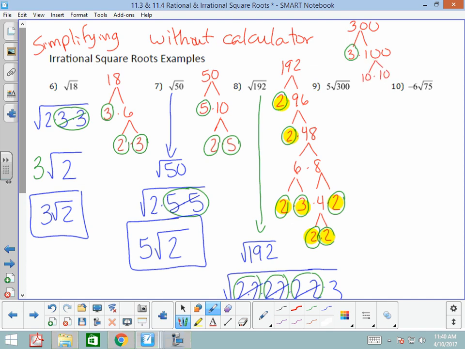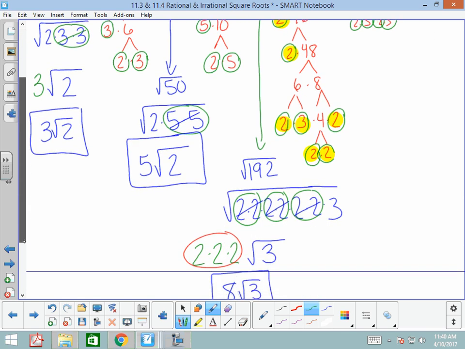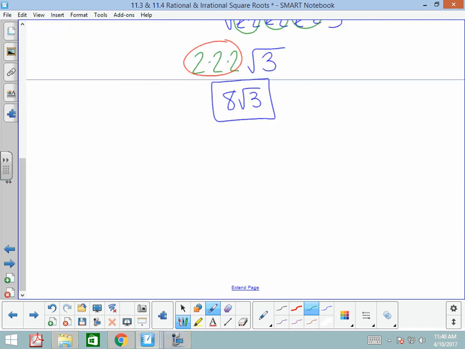All right, now 10s are not prime. So 10 is 2 times 5. Those are both prime. This 10 is 2 times 5. And those are both prime. Okay, so let me just bring this down here. So 5 square root of 300. I'll write too big for this. 5 square root of 300 is 5